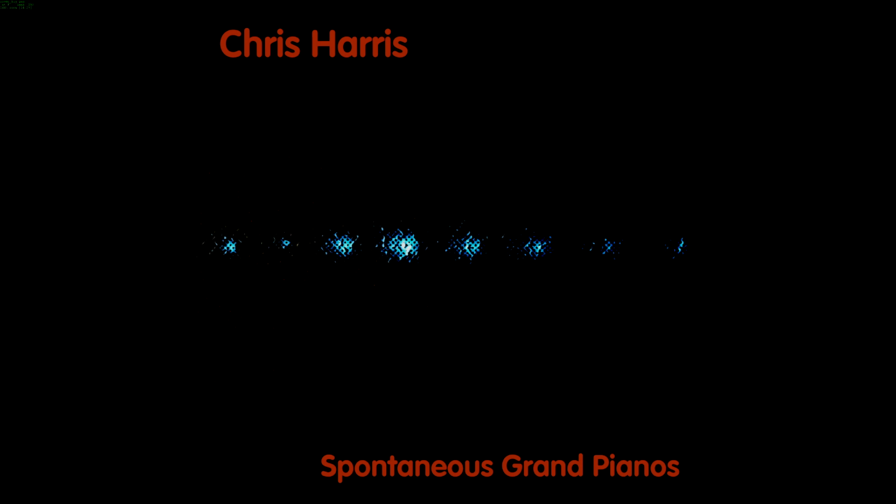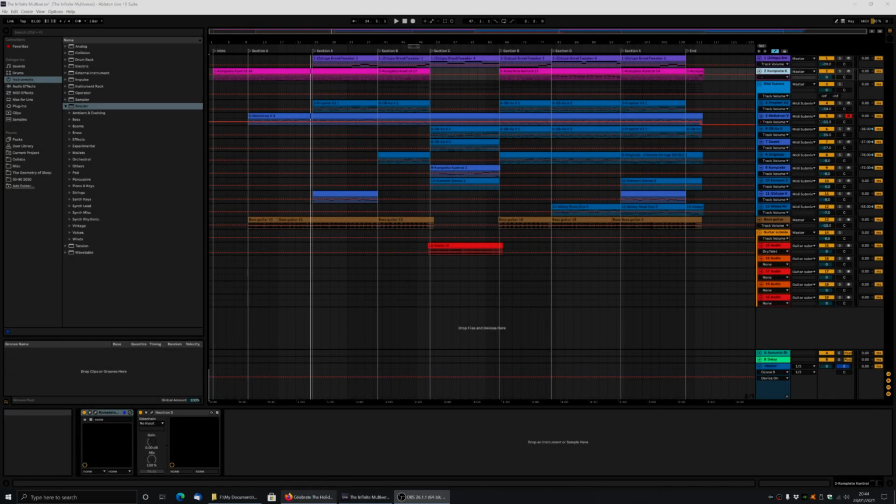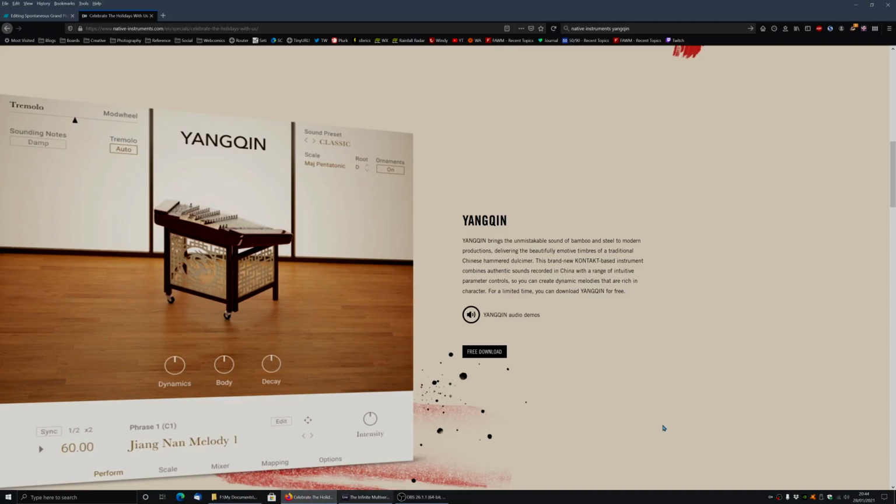So I grabbed my phone and took a photograph of it, and then threw a whole bunch of filters in the GNU image manipulation program, otherwise known as the GIMP. So yes, that has been thoroughly sorted to by the GIMP. And that is the cover of Spontaneous Grand Pianos. So with that, let's slide on over